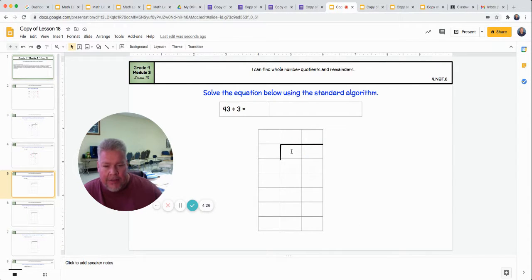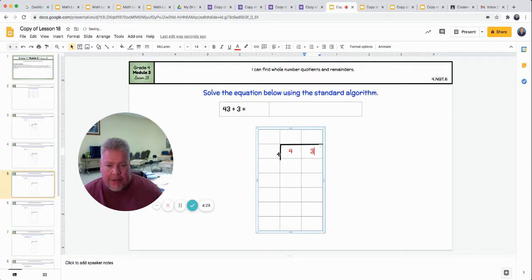43 divided by 3. Put our big number under the box. Okay. Start with how many 3s are in 4? It's only 1, isn't there? Then multiply. 1 times 3 is 3. And then subtract. 4 minus 3 is 1. Then bring down this 3 right here. And then we start all over. Now we have the number 13 divided by